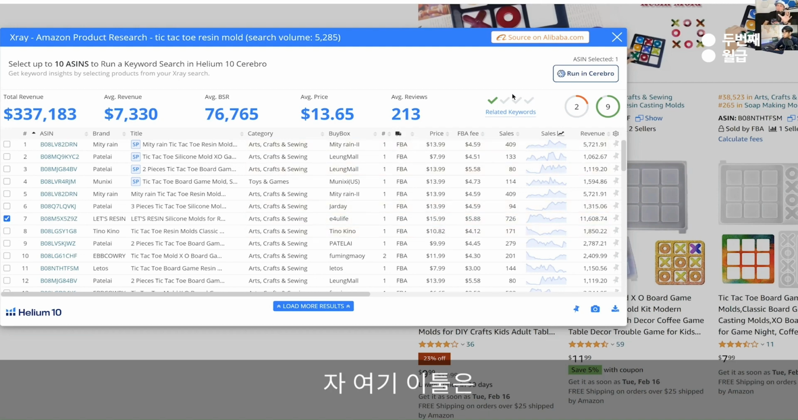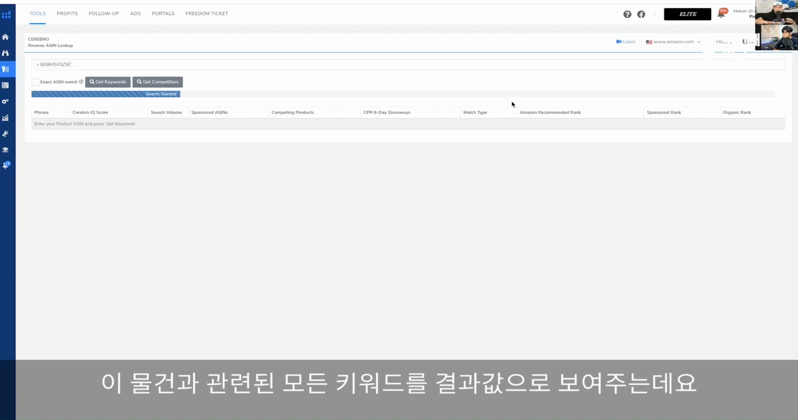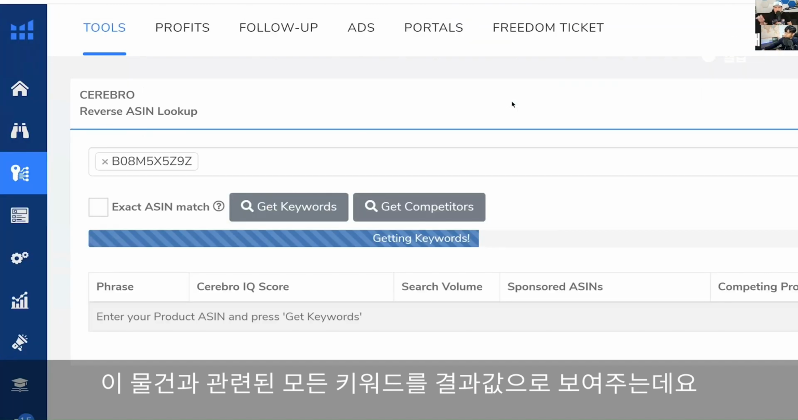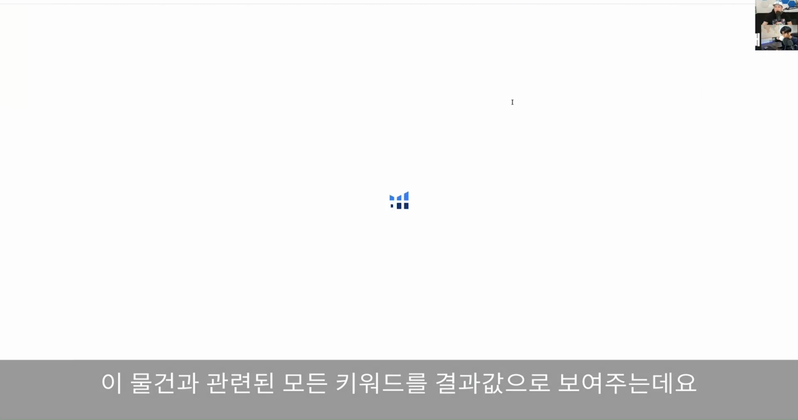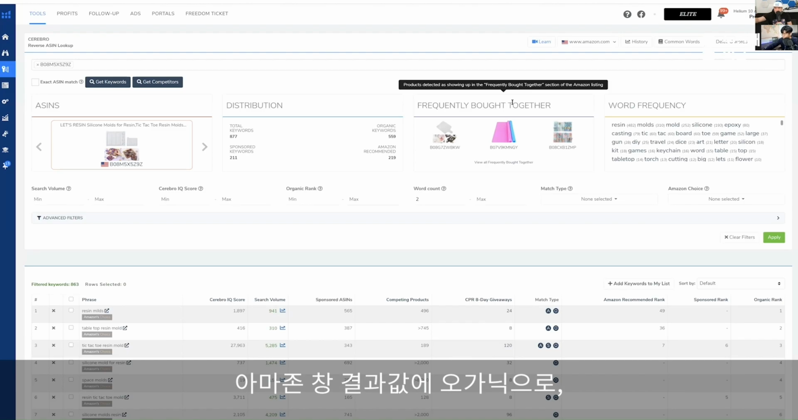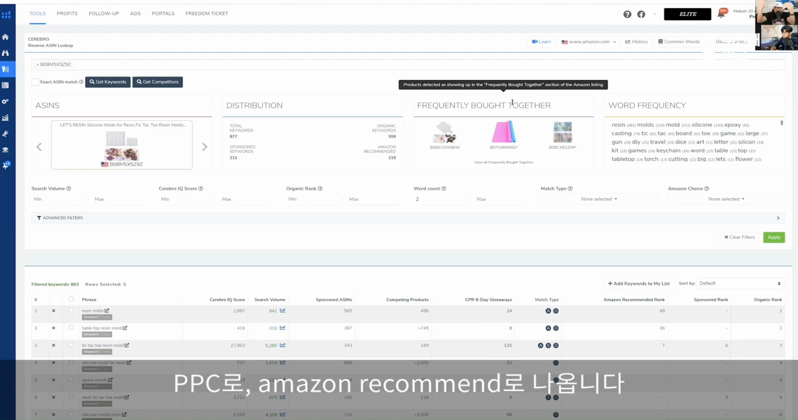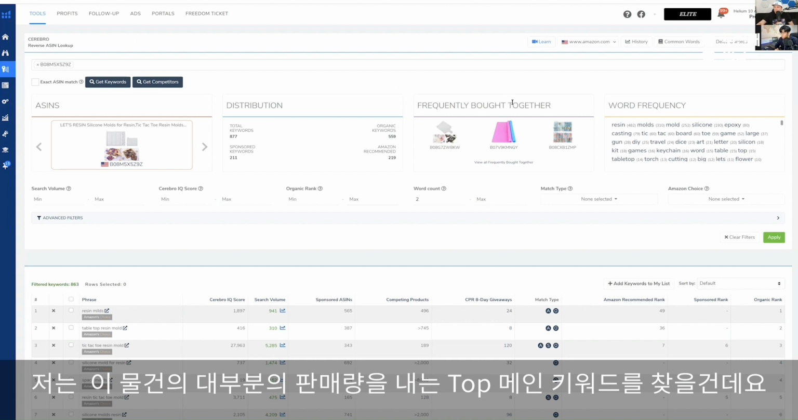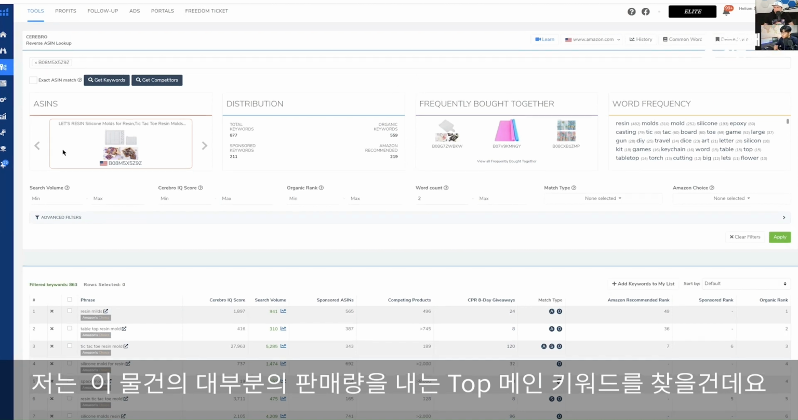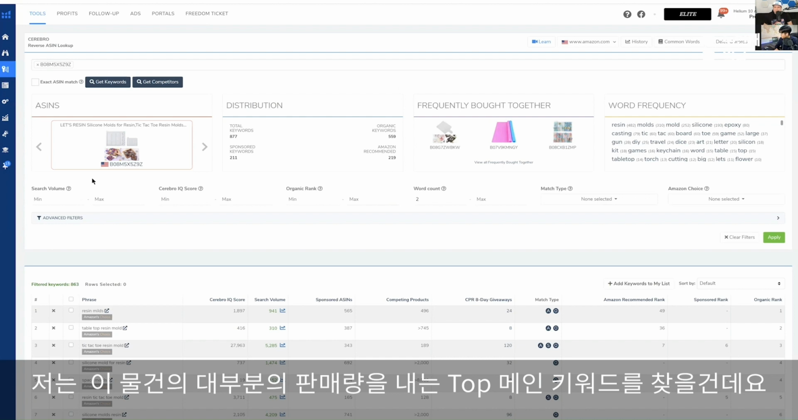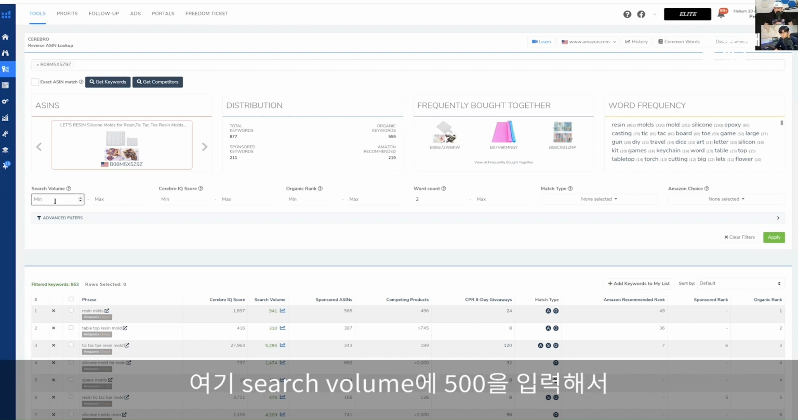Now, what this tool does is it's going to find all of the keywords where we have detected this product showing up in search results organically. That means where it shows up in the search results, in the sponsored advertisements, PPC, and even the keywords that Amazon recommends. So I'm going to put here, maybe I want to find the top keywords where it's probably getting its sales from. So I'm going to say, show me the keywords searched for at least